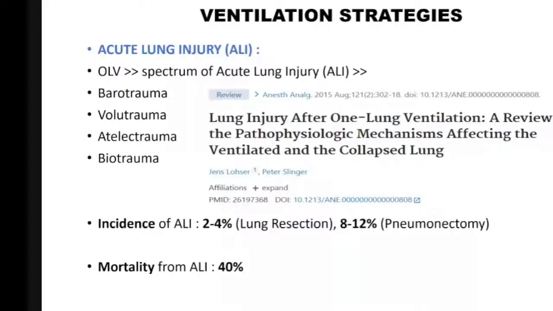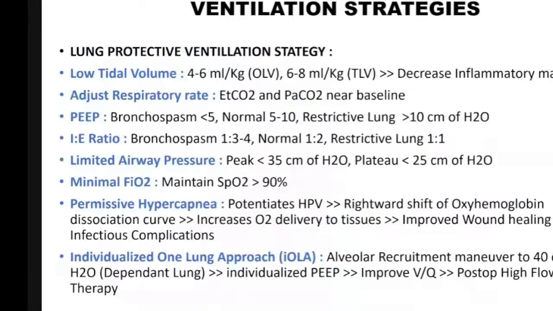Now, what we need to adopt is a protective ventilation. How do we do that? Tidal volume around 4 to 6 ml per kg for one lung, and both are really increase the inflammatory response. Also need to adjust the respiratory rate accordingly to maintain a level so as to maintain the PCO2 near to the baseline and not too high. And the PEEP